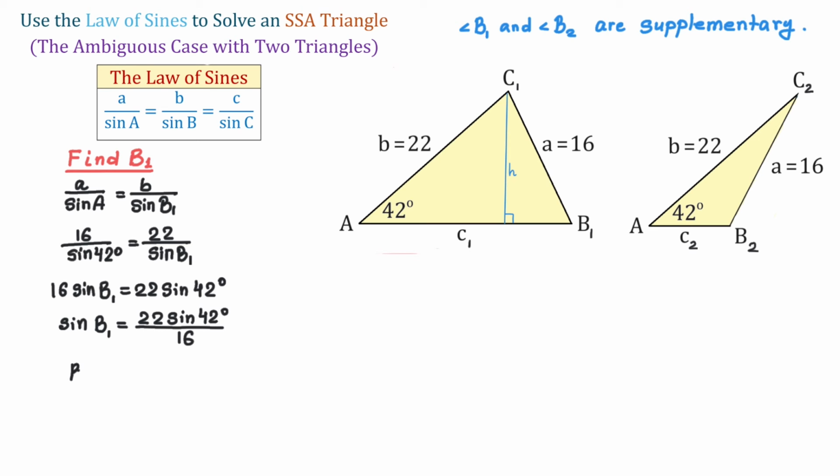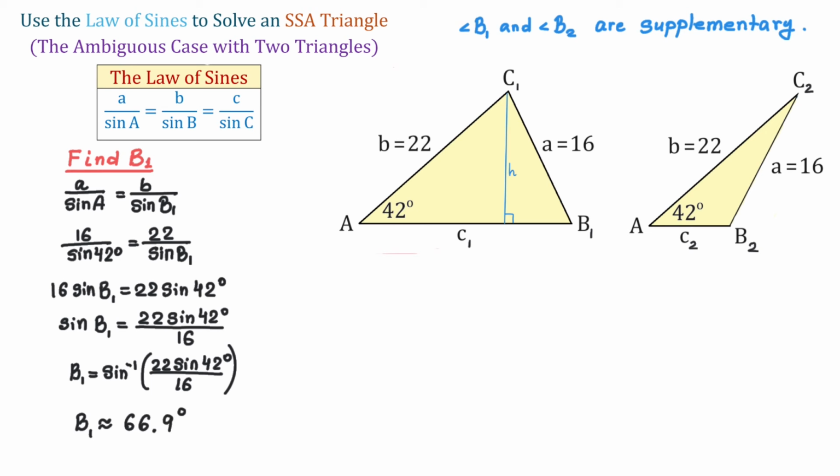Then b sub 1 equals inverse sine of 22 sine of 42 degrees over 16. Then here we need the calculator in degree mode, and we will have that b sub 1 is approximately